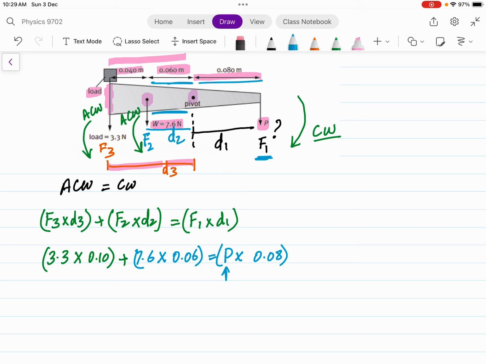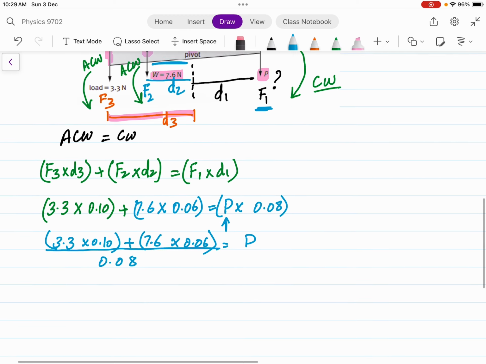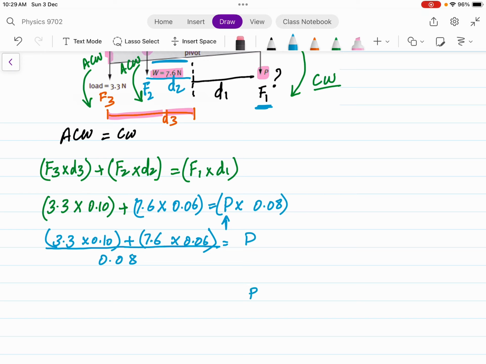So I'll make this the subject. I'll do all the calculations. It would become 3.3 into 0.10 plus 7.6 into 0.06, all this divided by 0.08, that is equal to P. So here I calculate P, and the P will come up to be